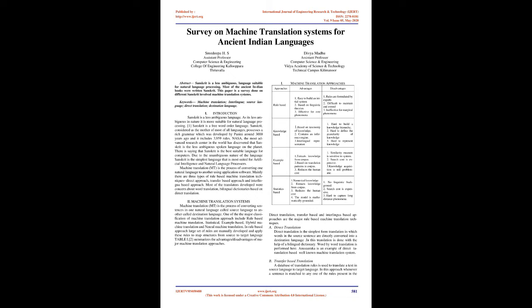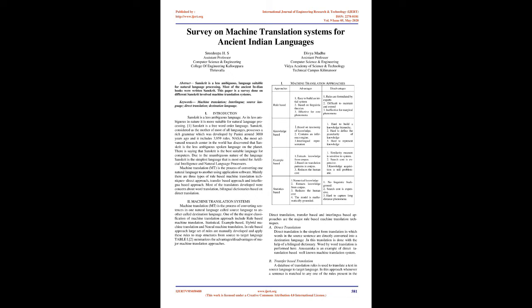Sanskrit, considered the mother of most languages, possesses a rich grammar which was developed by Panini around 3000 years ago, and it includes 3,959 rules. NASA, the most advanced research center in the world, has discovered that Sanskrit is the least ambiguous spoken language on the planet. There is a saying that Sanskrit is the best suitable language for computers. Due to the unambiguous nature of the language, Sanskrit is the simplest language, most suited for artificial intelligence